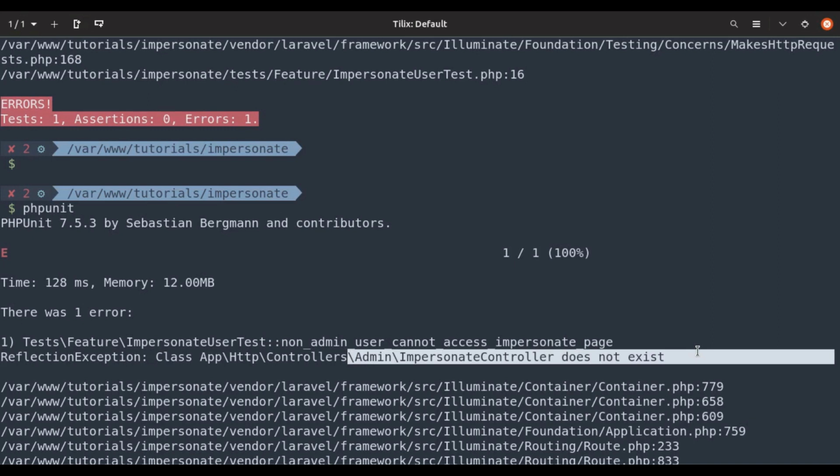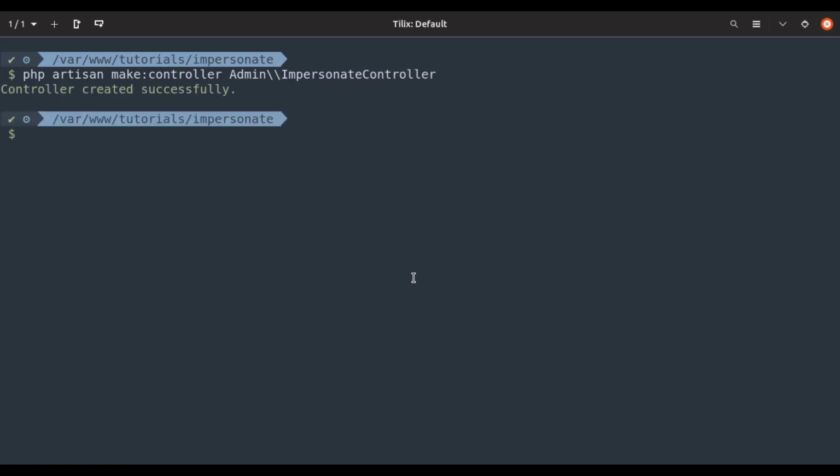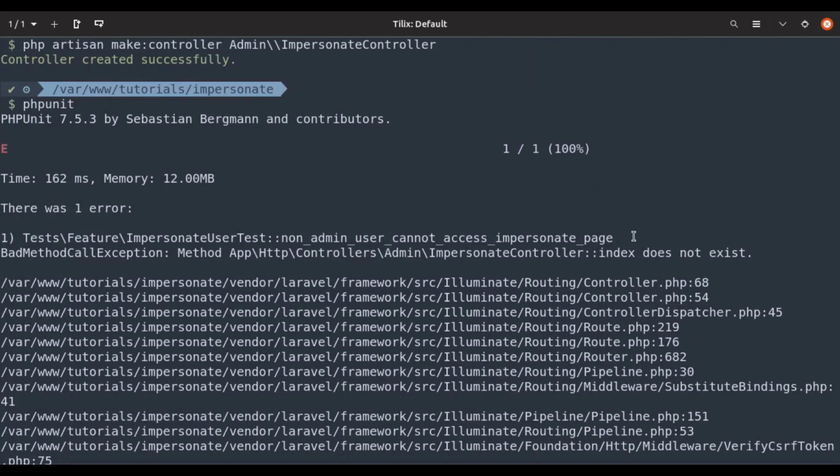Now let's create this controller. php artisan make:controller Admin/ImpersonateController. Run PHPUnit. Now the index method does not exist.